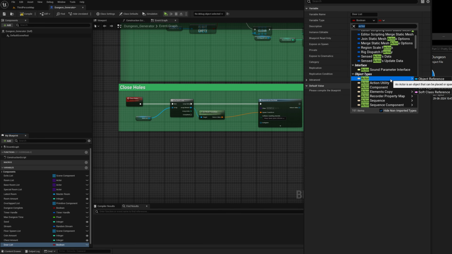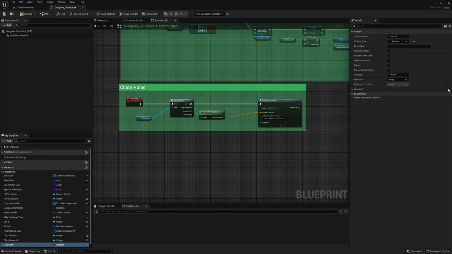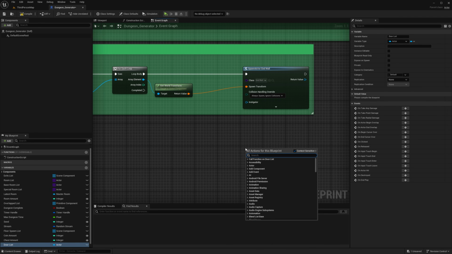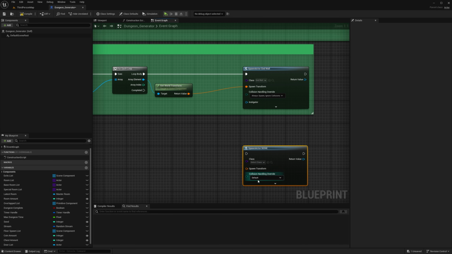So it happens very often that I select something wrong and then it doesn't fit in. Let's say we make it into an object reference, actor object reference, right? Then we need to go down here and say spawn actor, because we want to spawn a door. Spawn actor from class. I know this is the one that will spawn an actor, right?